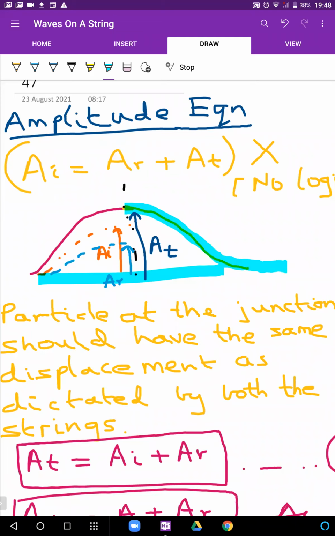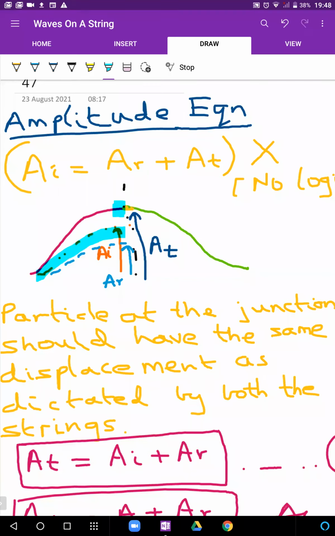The particle's displacement as dictated by the pink string will have to be a combination of the two displacements on the pink string. Now the pink string has two waves, the incident wave and the reflected wave. So its amplitude will come from the addition of the incident wave's amplitude and the reflected wave's amplitude. So the dotted lines I had drawn,